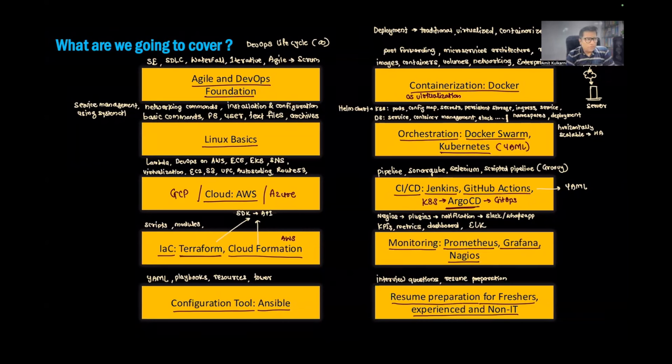Omkar asks about the EC2 instance: will there be a manual deployment, like pulling the code from Git and building? The first deployment on all of them will be manual. Later on, we'll configure Jenkins, GitHub Actions, and Argo CD to do that job automatically. But the first deployment will always be manual. So you will see the frustration of deploying the application by hand, how many steps you have to do, and how, if you miss one of them, the application won't work. We'll see that frustration, and then we'll go for automating it with the help of a CI/CD pipeline, right?